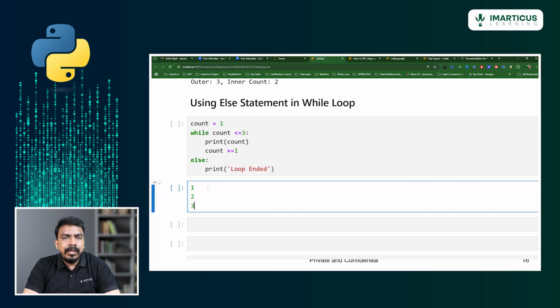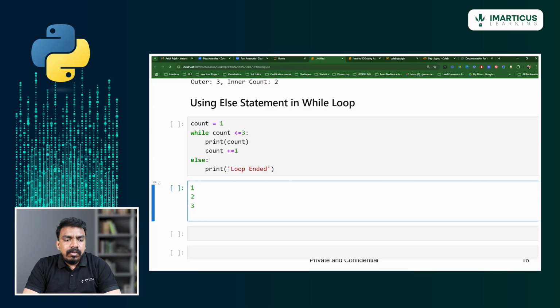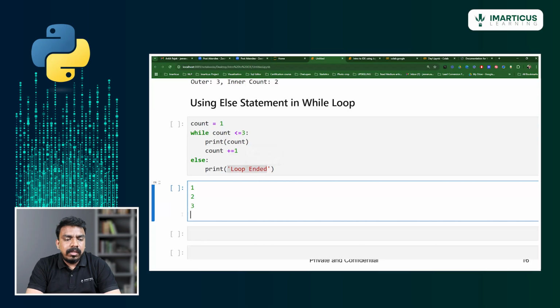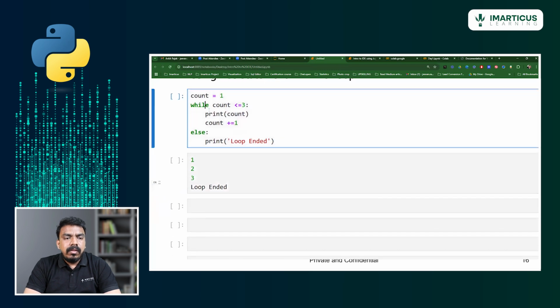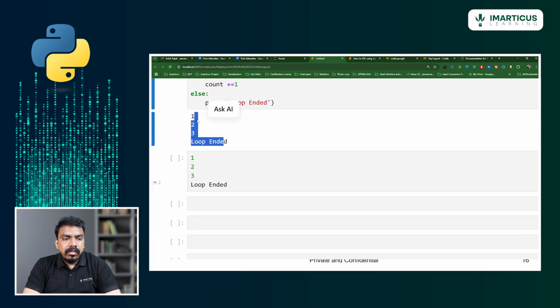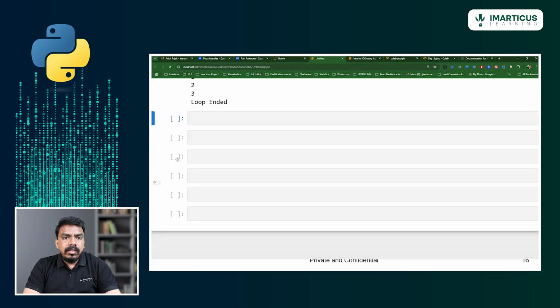Then it goes to the else statement and prints the output present in the else statement, that is "loop ended". This is the functionality of the else statement. Once the entire while loop is executed, it goes and prints the else statement. Can you see the output? This is how the else statement can be utilized with a while loop.